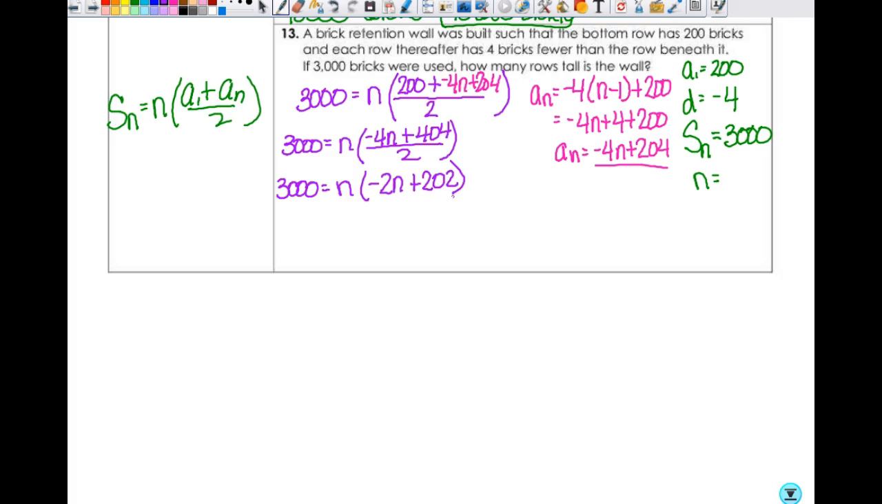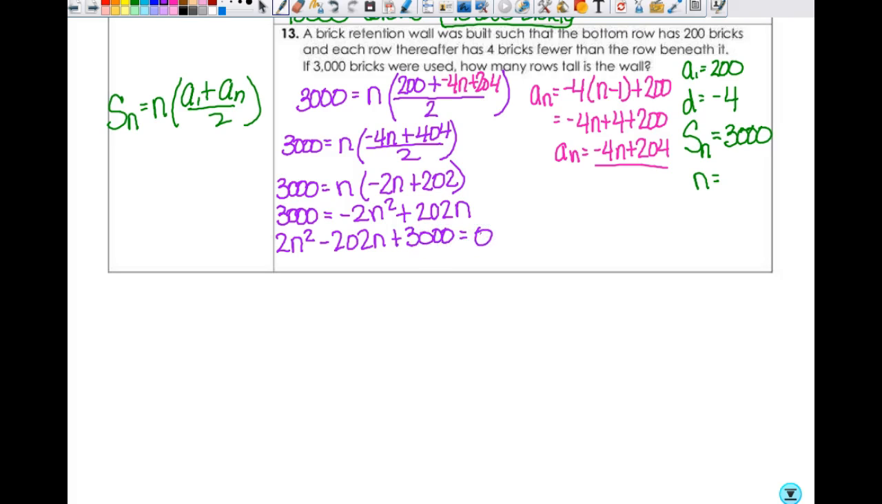Now I'm trying to solve for N, right? Figure out what N is. And so when I do this, sometimes I want to distribute, sometimes I don't. I think here I'm going to need to because I'm going to end up with a quadratic. So I'm going to have to set it equal to 0 eventually. So this is going to give me 3,000 equals -2N squared plus 202N. So when I set it equal to 0, I would really like my squared term to stay positive. So I'm going to move everything over to the left. So I'm going to get 2N squared minus 202N plus 3,000